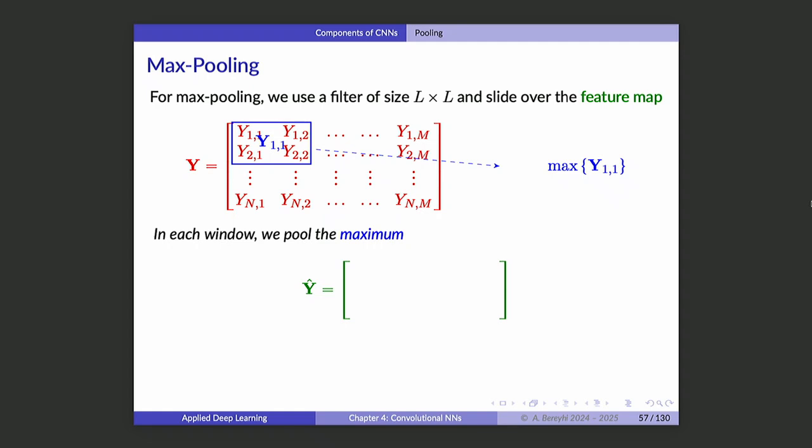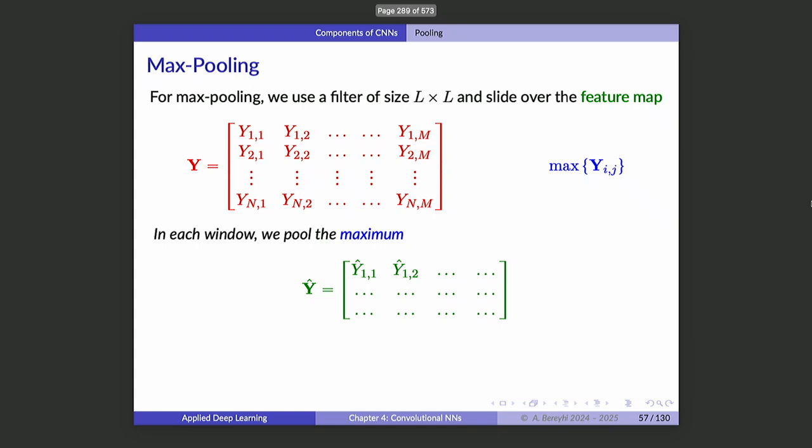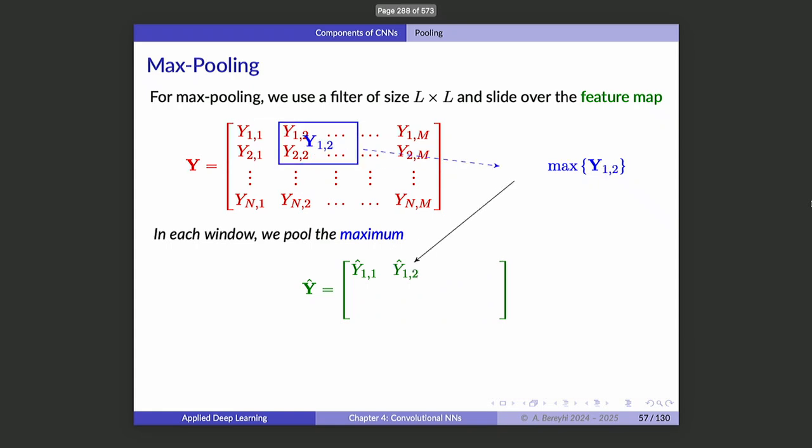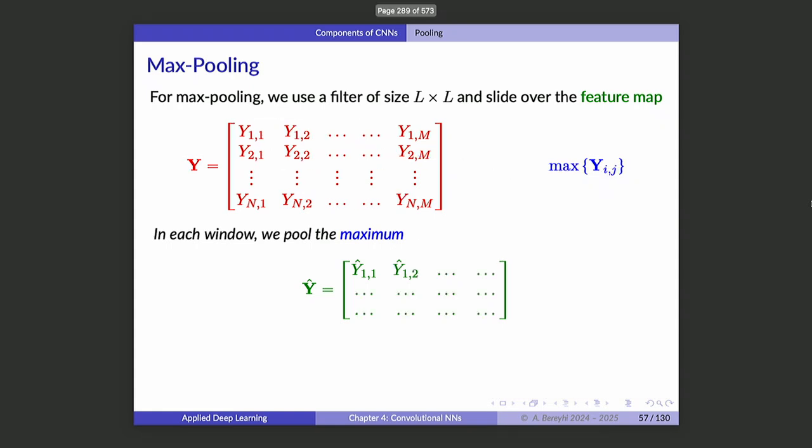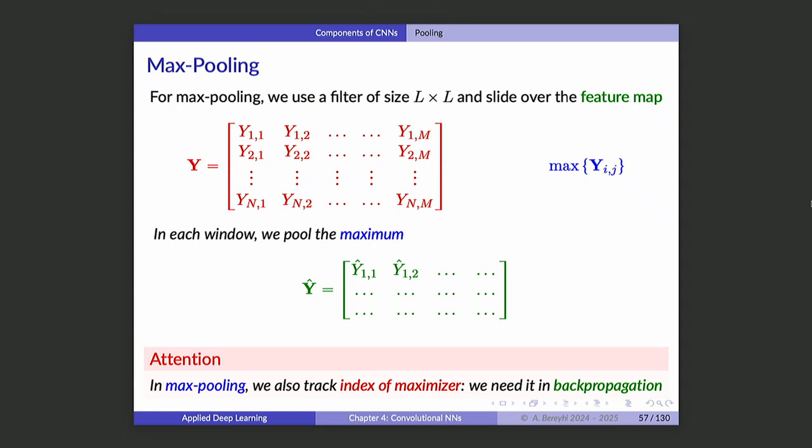So again, here it is 2 by 2. But this filter has no weight, right? So there's no weight, no parameter to learn here. You essentially just look at the window, and then you take the maximum value, and you keep on sliding over your input till you fill out your output map. And this is going to be the max pooling